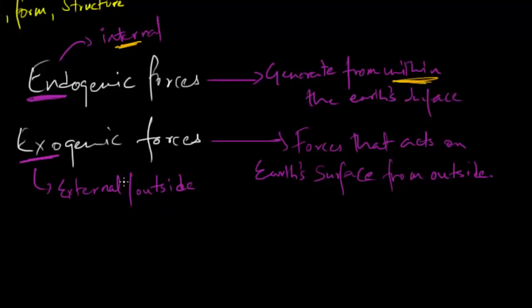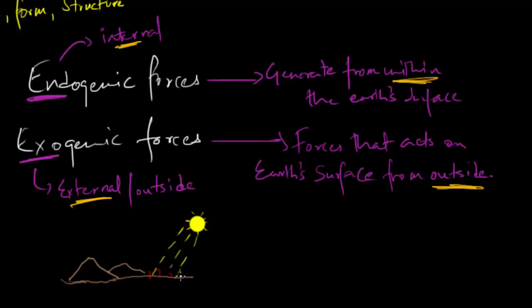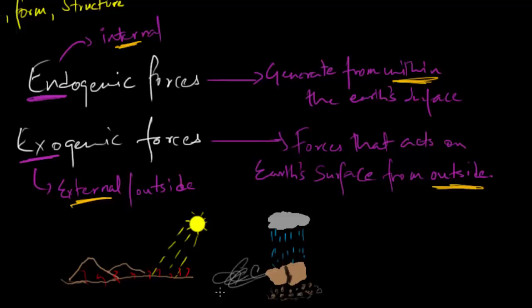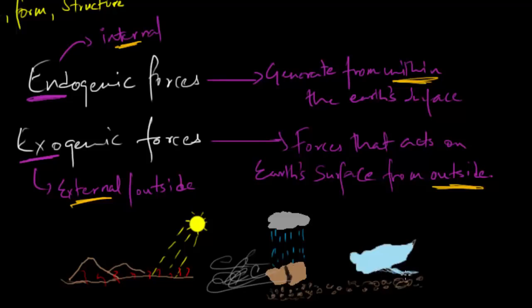Now the other force, that is the exogenic forces, acts on Earth's surface from outside. For example, sunlight. It is constantly heating up the Earth's surface. Then we have rain, which is responsible for weathering of rocks. Then we have wind, that takes the soil from one place to another. Then we have ice, glaciers. When it melts, it is again responsible for carrying the soil from one place to another. So in a nutshell, we can say the actions of exogenic forces result in wearing down and filling up the